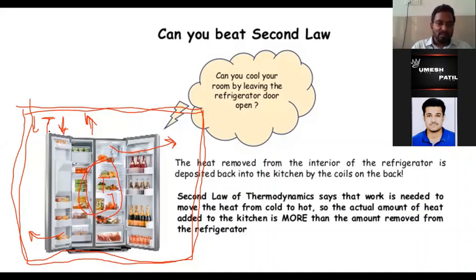He says that if I open that refrigerator door, then the room in which that refrigerator has been kept, the temperature of that room will start increasing. Do you think whatever Pratik says is correct, or any one of you want to object to this one? No objection? Okay, so let's go with Pratik. Pratik, do you have a reason for this one? Why do you say that the temperature of room is going to increase?